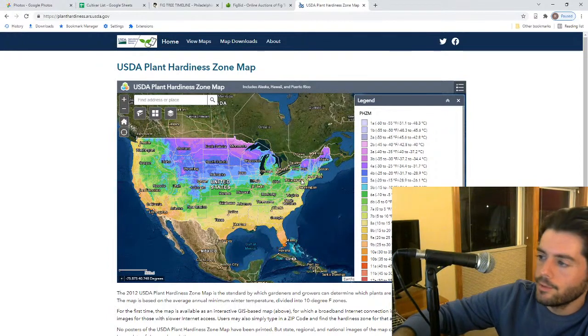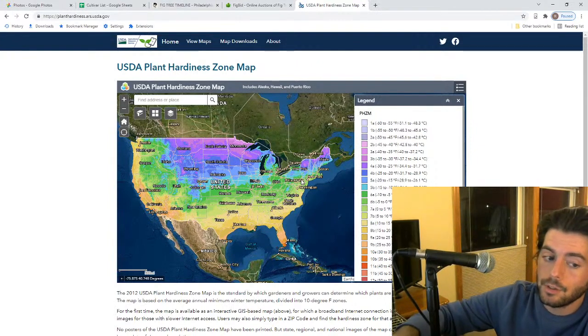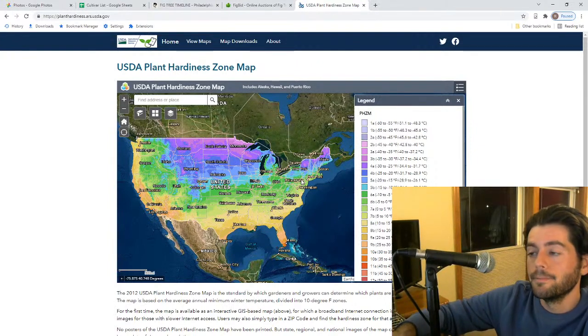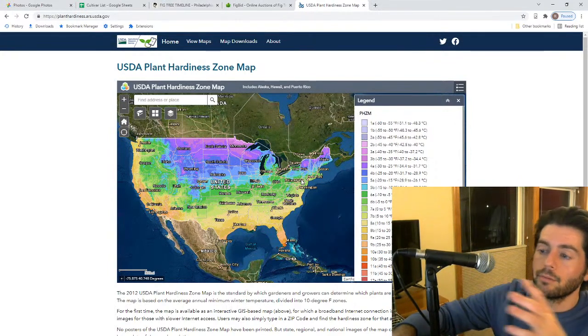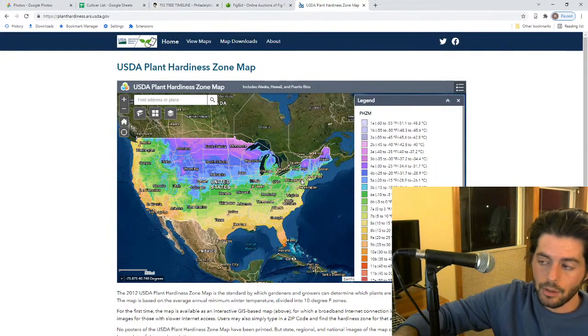All right, so that really kind of wraps that up. And then the options really are wrapping them. As I said, we can cut them back, throw tarps over them. We can cut them back, throw mulch over them, then the tarps on them. We can also do limb bending, which is really what my big plan is this year. We're going to be bending a lot of the limbs, and I'm going to be talking about this actually in a separate video